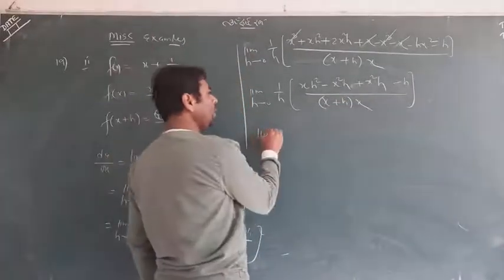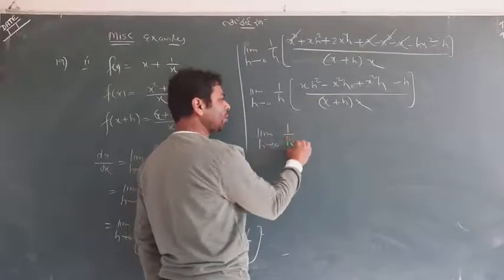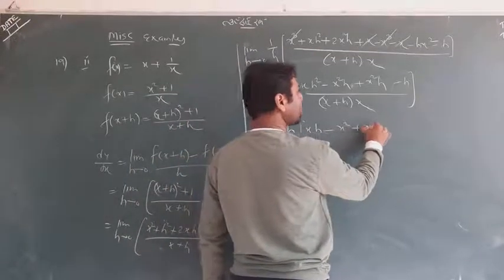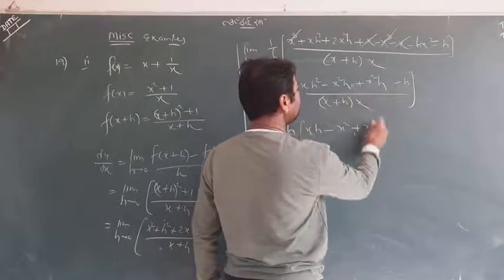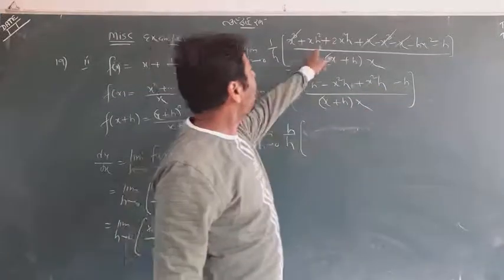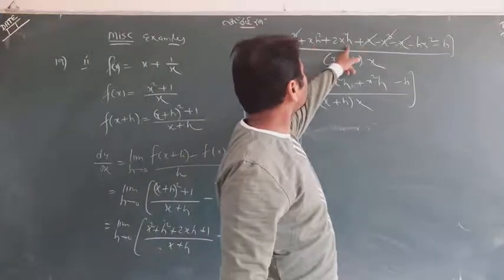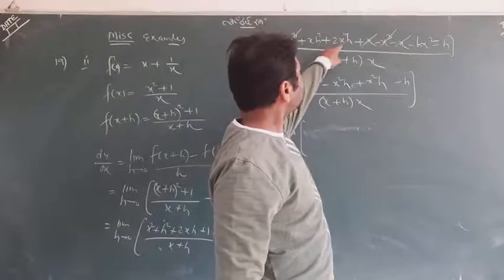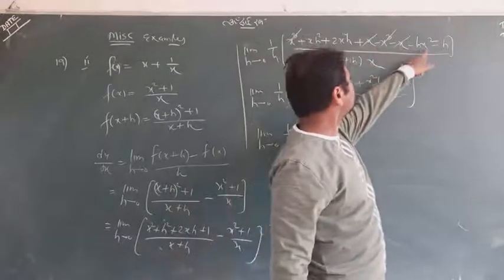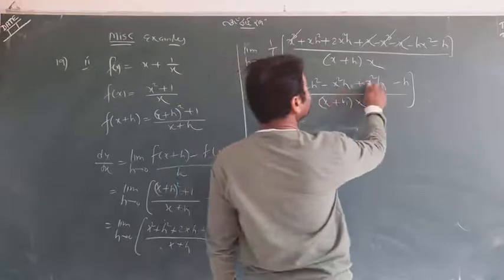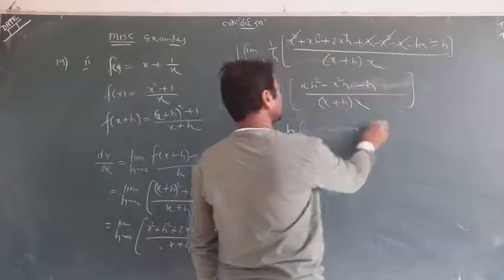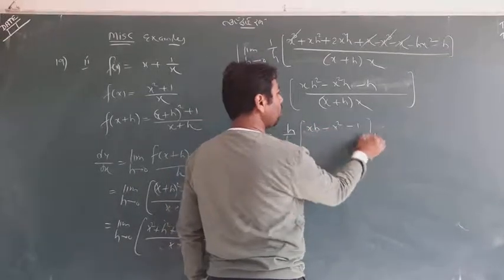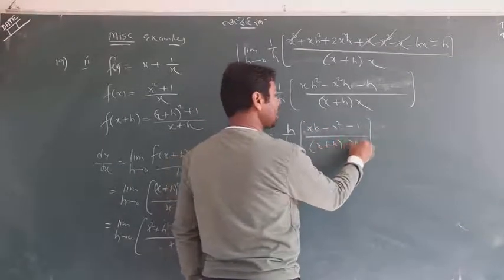Now can you see all the terms of the numerator? h is common. x h will remain, x square remaining, x square remaining, both terms are the same. x h square and x are different. Let me write it: x h square, this is 2x square h and minus h x square will be x square h, and I need not write this term again. Minus h was there. Now take h common: x h, x square, 1. x plus h and x both cancel.